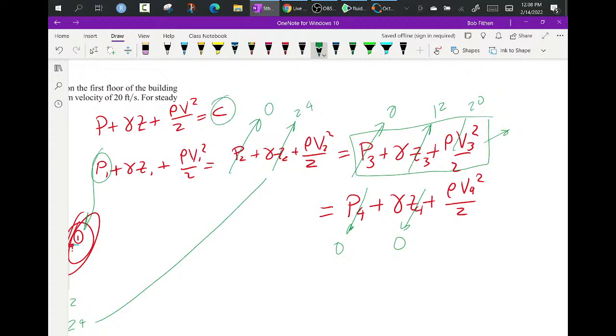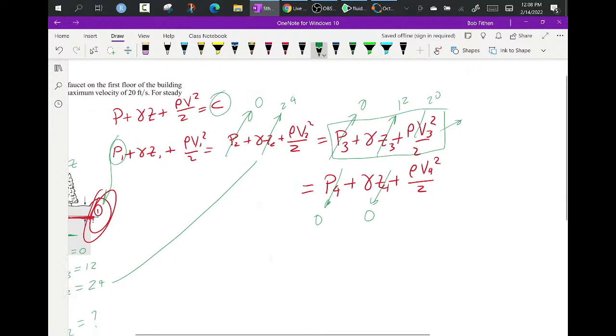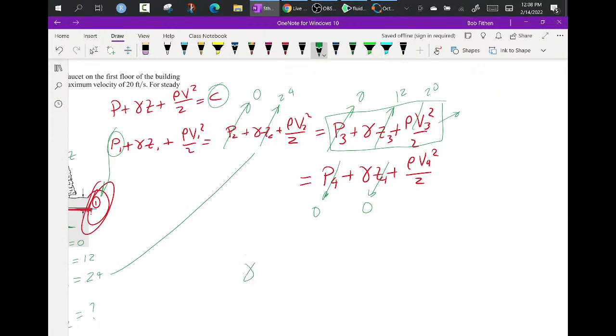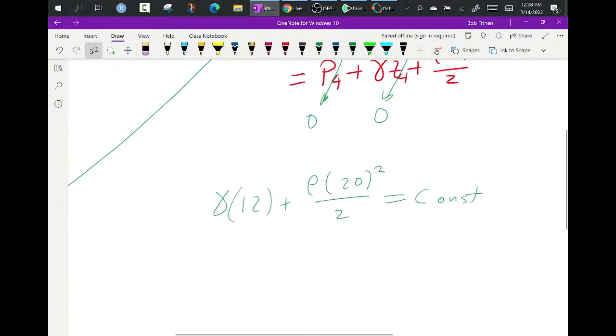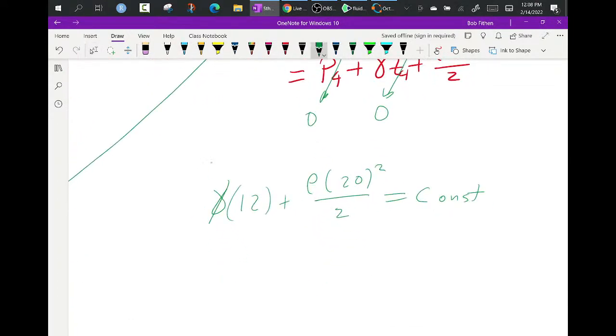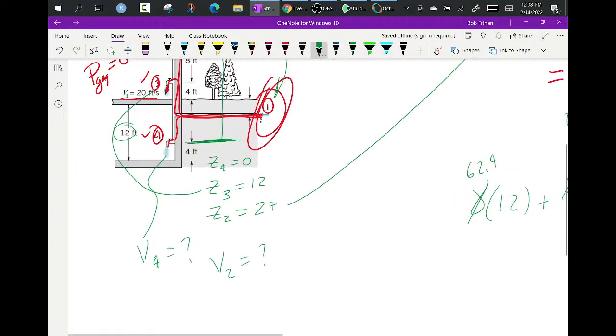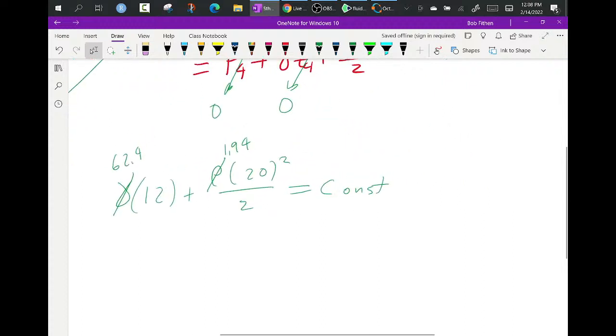That's the constant here, so I'm going to go after that. I'm going to basically say gamma times 12 plus rho times 20 squared over 2 is equal to the constant. This is water, so that's going to be 62.4, and this is going to be 1.94, if this is in feet. So my constant,